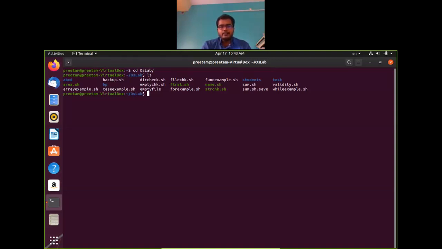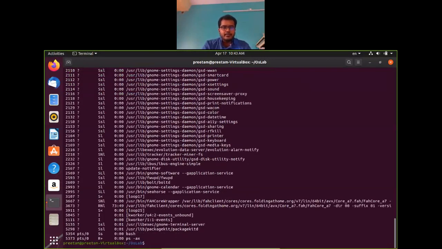We can get to know the PID from the ps ax command. As I showed you before, if you do ps ax, it will give you the process ID of whatever is running. Bash is the shell we are currently running. This terminal is bash, and its PID is 5354. All these programs are currently in a sleeping or running state.